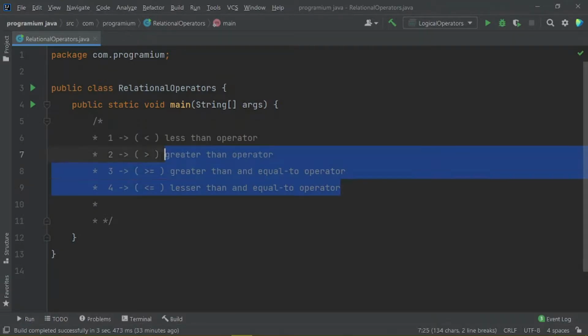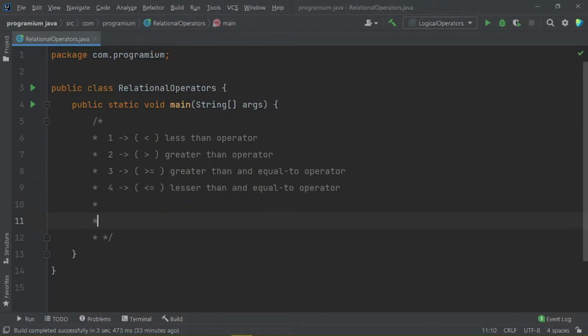So this is our fourth relational operator right now: less than or equal to. Again I'm going to duplicate this line by pressing Ctrl D, and this is our fifth operator, the not equals to operator.